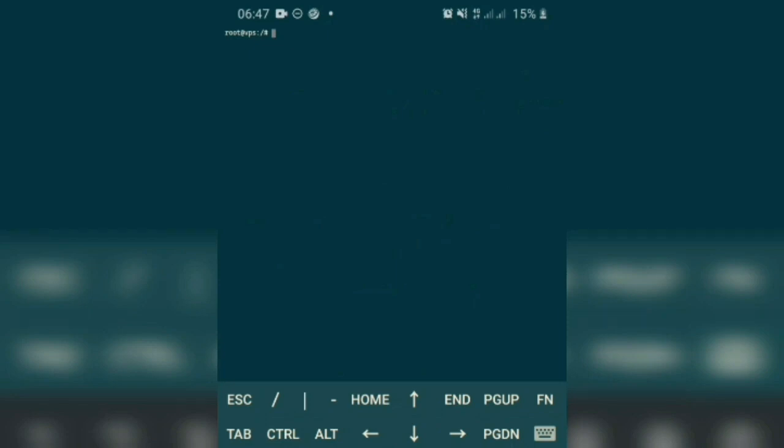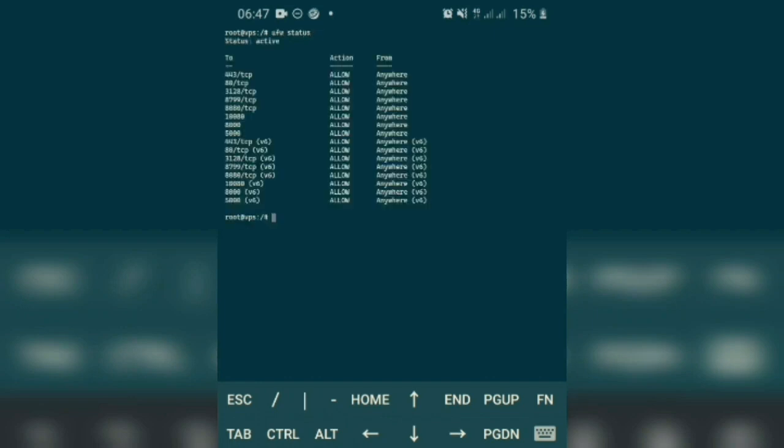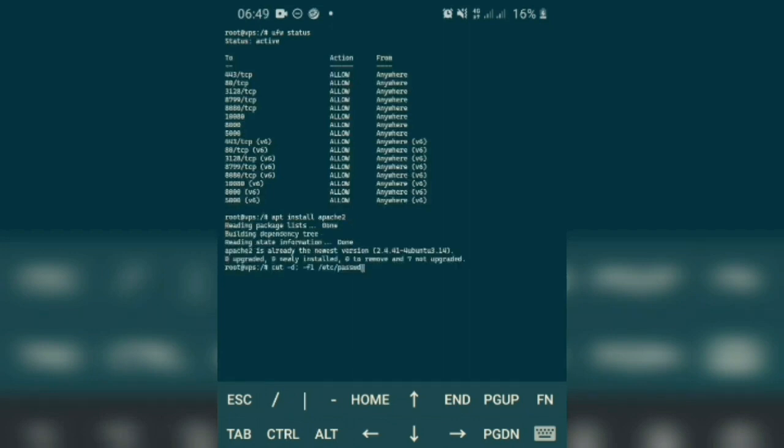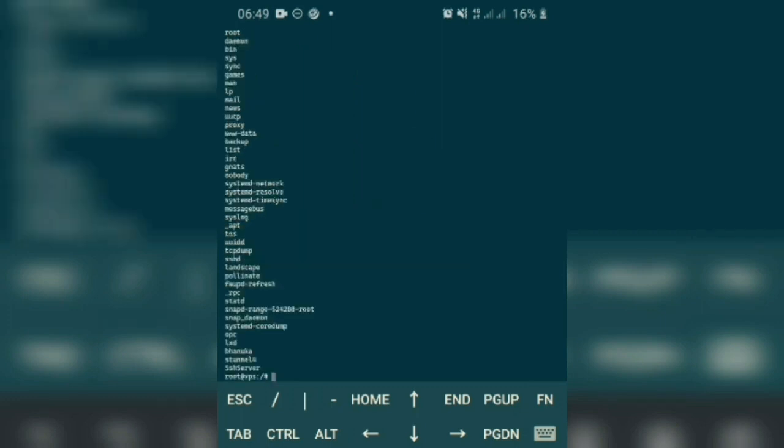To see the effectiveness of this script, I will show you the current situation in my VPS. Let's see the user firewall settings. You can see some ports are opened. Now let's see about software. You can see I already installed Apache Web Server. Now let's see about user accounts. You can see that I don't have an Ubuntu user account. So, let's start the script and see what happens to these things.